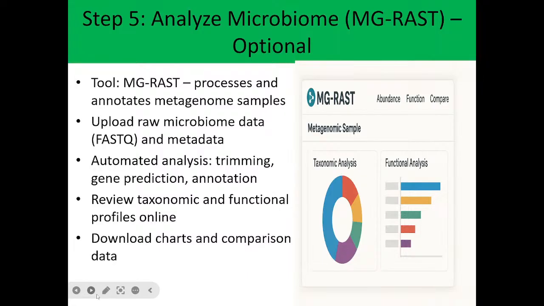The tool you use is MG-RAST, which not only processes but also annotates for you. Annotation means that it is going to tell you the function of each. In fact, when you look at the image on the right, you will see that you have the taxonomic analysis and the functional analysis. So RAST